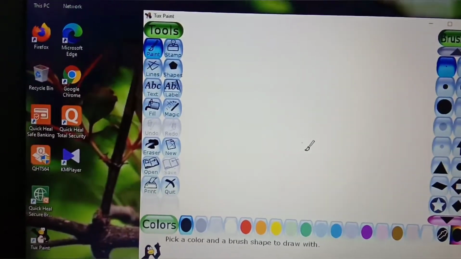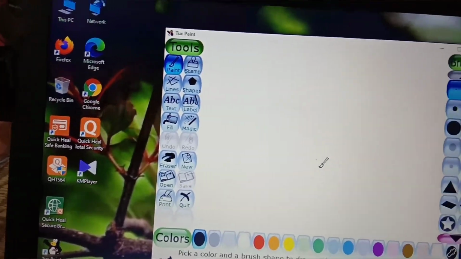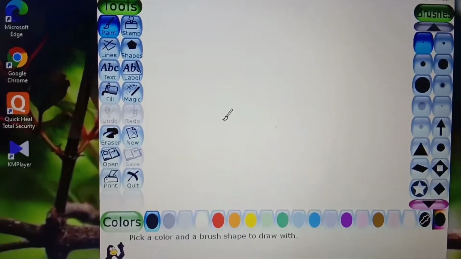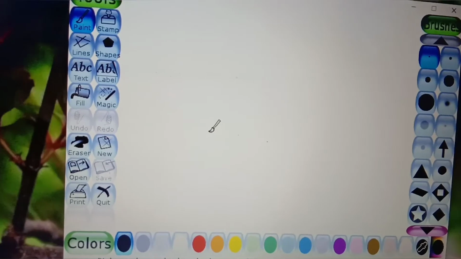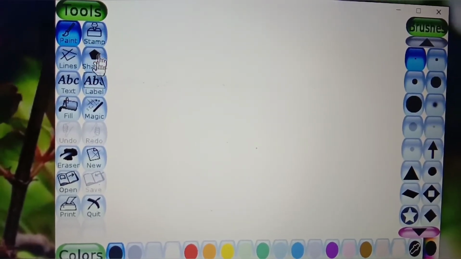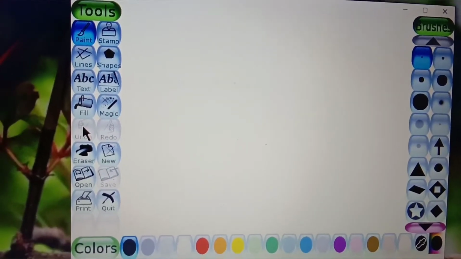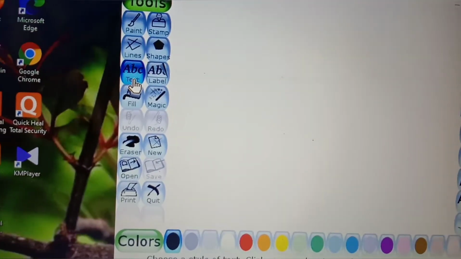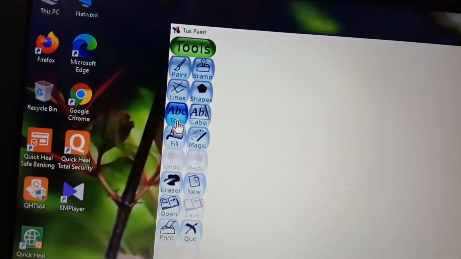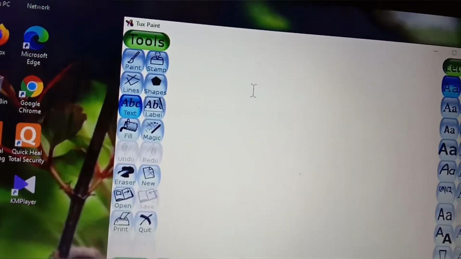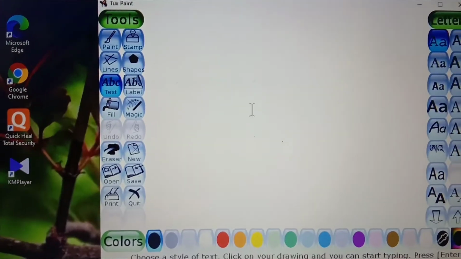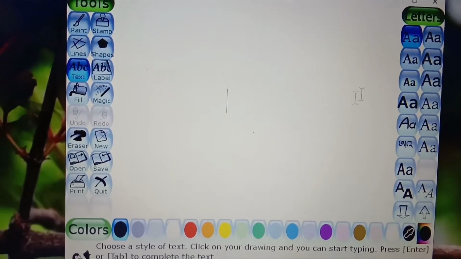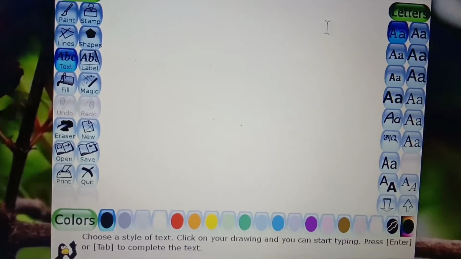Okay, it's done. So today we are going to learn how to type text in TuxPen. To type the text in TuxPen, we are going to use the text tool. Okay. So where is the text tool? You can see ABC. Here it is written text. You have to click on it. Then after you have to click the drawing canvas. This part is known as the drawing canvas, the place where we can write and draw pictures in our TuxPen. That is called your drawing canvas.